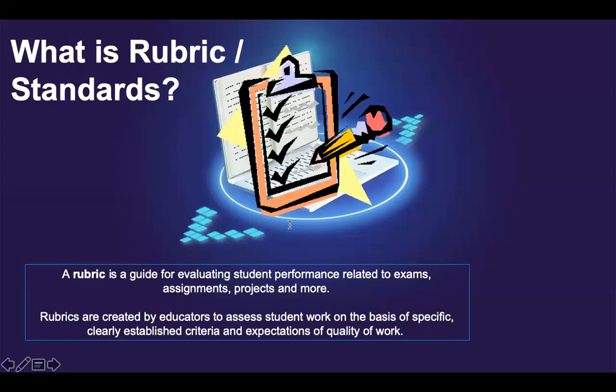So if I expand this definition, how am I going to explain that a rubric can help ensure consistent and impartial grading and help students focus on your expectations. A rubric is a guide for evaluating student performance related to exams, assignments, projects, and more. Rubrics are created by the educator to assess students' work on the basis of specific, clearly established criteria and expectations